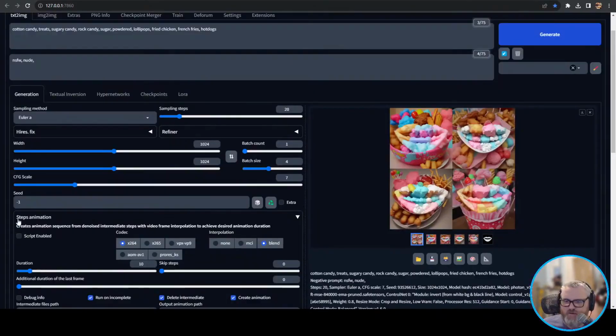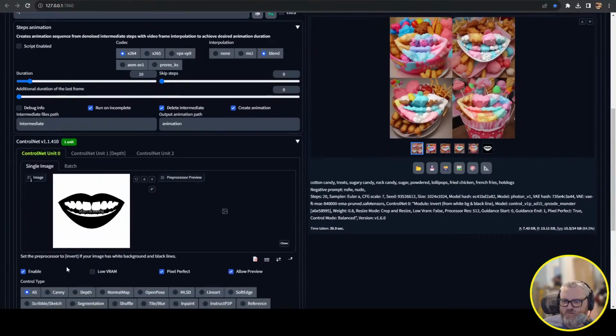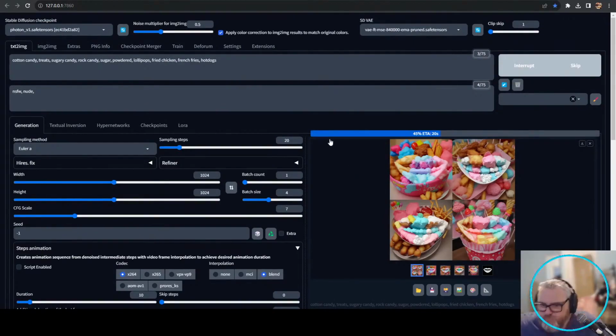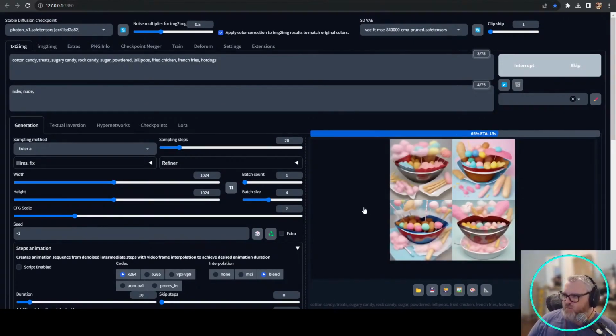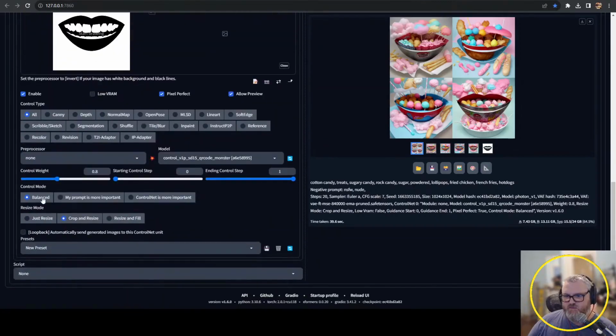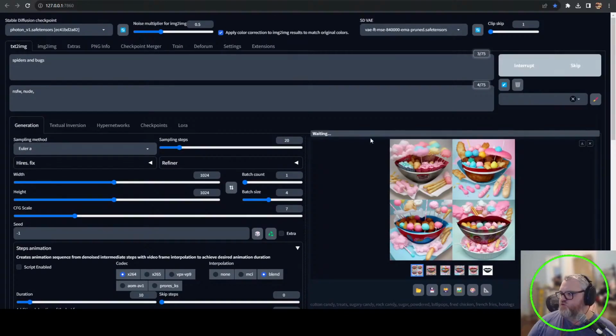Well, that's trippy. What if we invert the invert? That's cool. It made it like the bowl. Spiders and bugs. All right. Let's go back to the other one. Kadoosh.